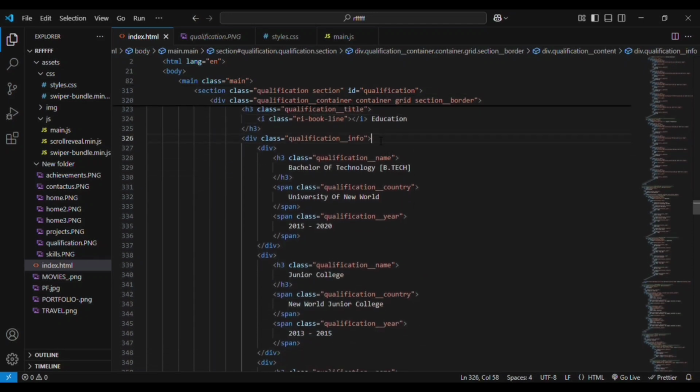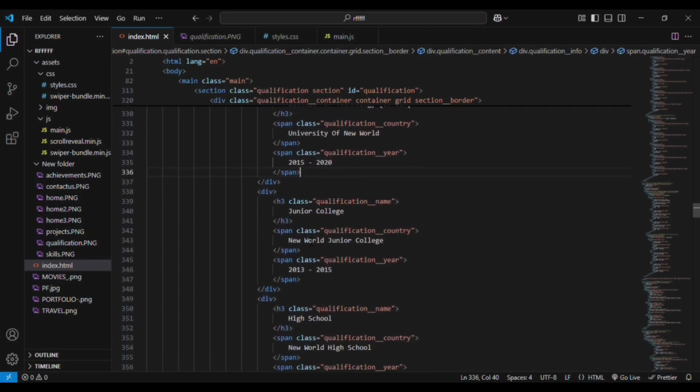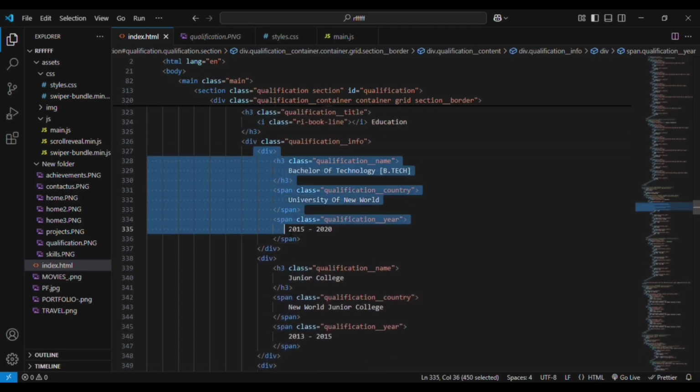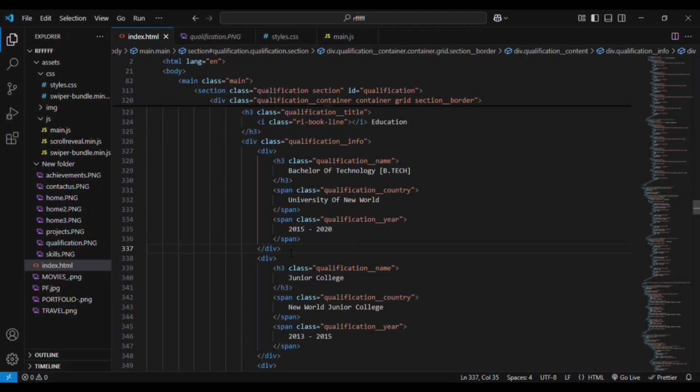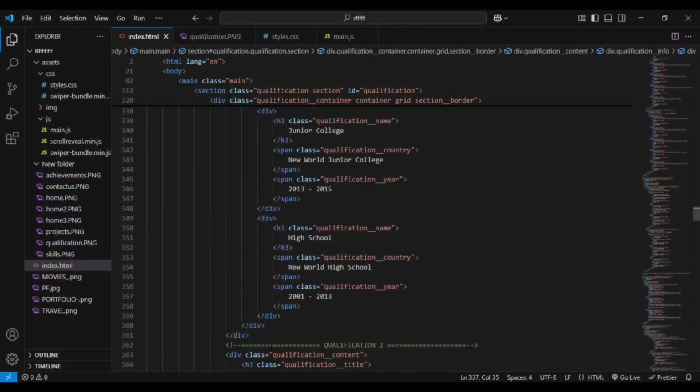Inside that we have a div with an h3 element for the qualification name, for example Bachelor of Technology. Then we have the span elements. One is for the qualification country, and one is for the qualification year. Then the same div element is copied again. You can see this div. This div is copied again 2 more times, and this entire qualification